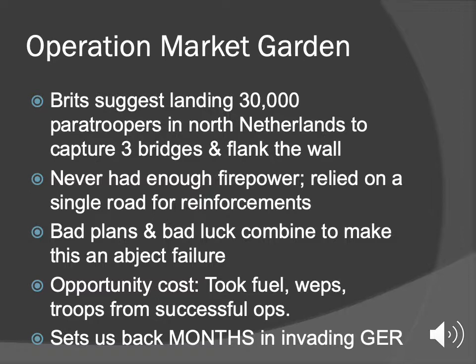Most importantly, at this point in the war, we took fuel and weapons and troops away from operations that were actually successful. One of the things that was going really well at this point was General George Patton, the American general from down in the African campaign, who then was in charge, if you remember, of the fake army during Operation Fortitude. Patton is making a comeback, and that's fine. And Patton's comeback is happening as he's leading this Third Army across Europe, and they're making a great push on Aachen in that Hürtgen forest. Had Patton had the fuel, the weapons, and the troops, and Montgomery didn't siphon them off from them,